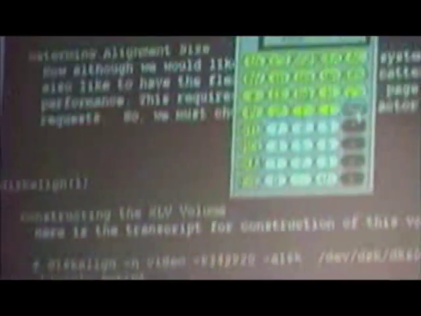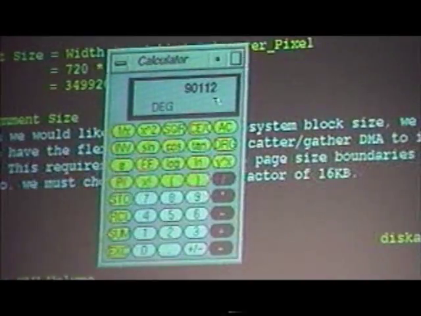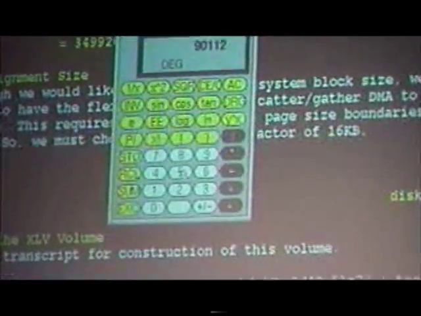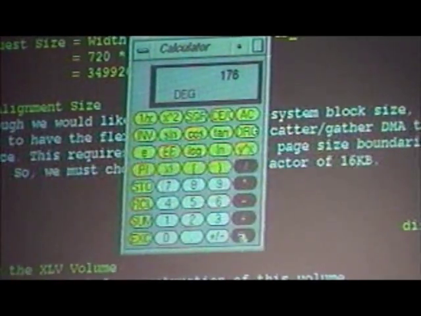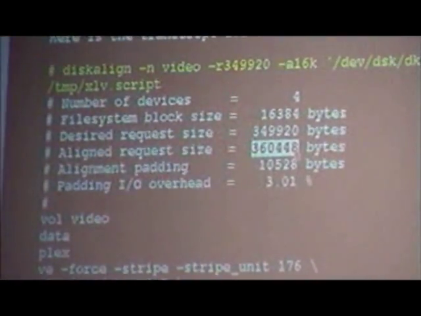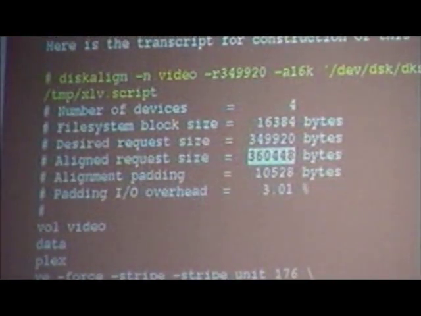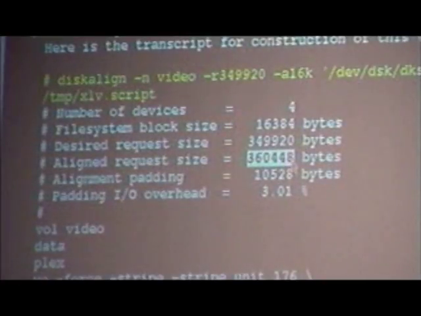Did I do the divide yet? So I divide by 4. And I got 90112, that's in bytes. So I'm going to divide by 512. And there's how it computed 176. Okay, so it's saying that for the 360448 request, if I set my fire bucket size to 176 blocks, that request size will get broken up into 4 equal pieces because 176 is a quarter of the size of that request. And then my request will